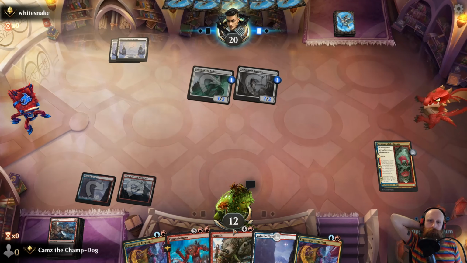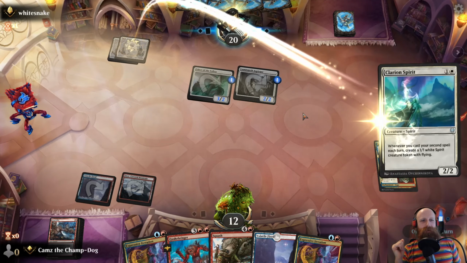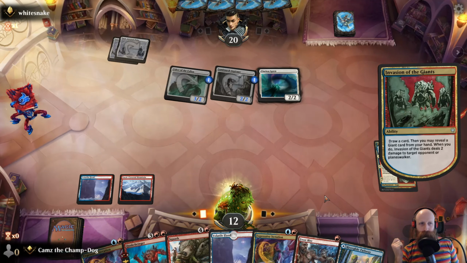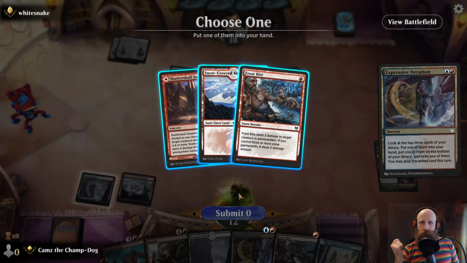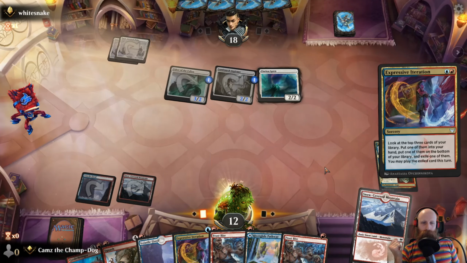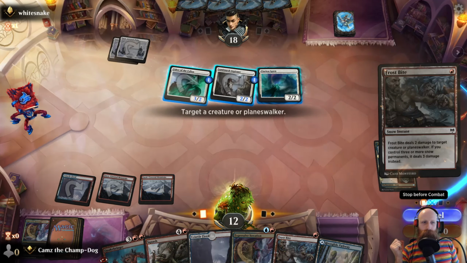Ow. This is where I wish I had Crush the Weak in the deck. Found a land, which is always nice. Hand, library, play the mountain. Okay, so now we just need to dig for the